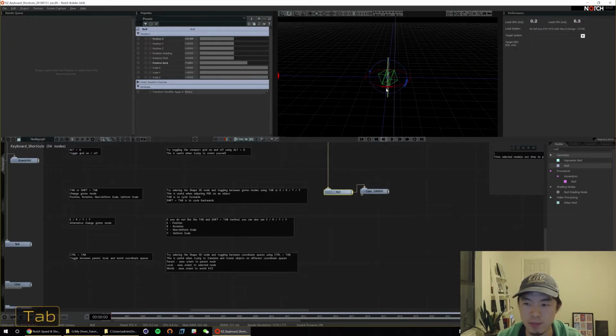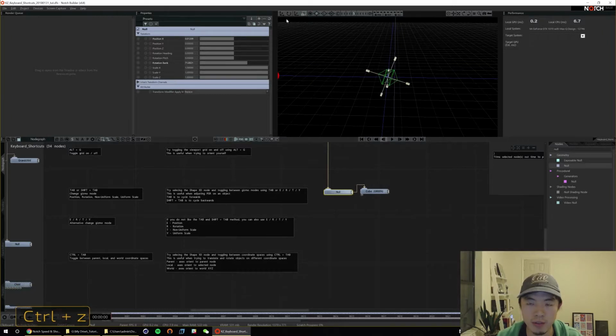If you hit Tab, you'll notice it changes to a rotation, and your icon here is also scrolled to the next one. So this is your rotation control now, right? If you hit Tab again, it gives you T, which is your scale. And then if you hit Tab one more time, it gives you Y, which is a uniform scale. So this scale mode lets you scale the axes independently, whereas this scale mode lets you scale the whole thing